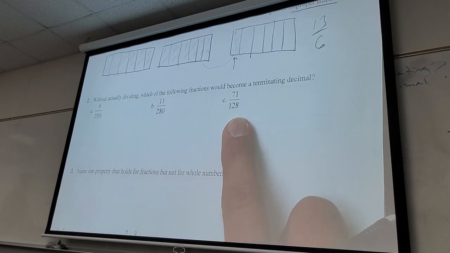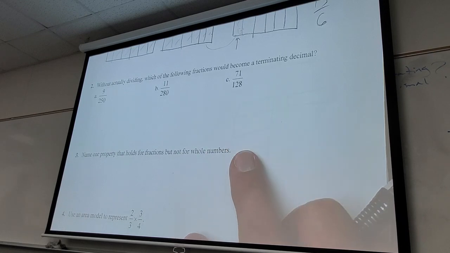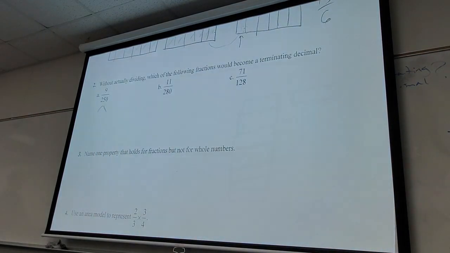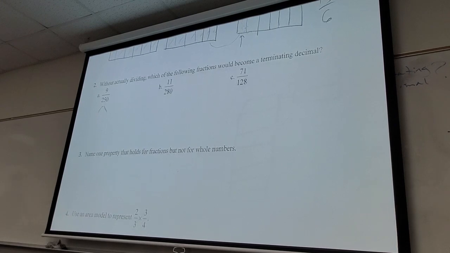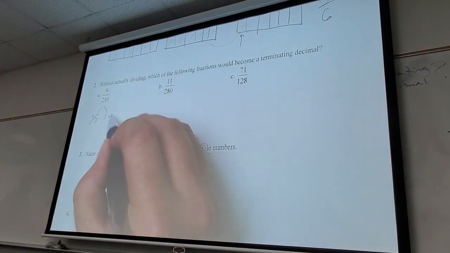These gave us some trouble. We weren't exactly sure what to do with these, and I think it's because I did the teacher thing of a very easy example, and then I gave you these. But the idea is just to break them down. If you find out they have a part in them that cannot become some kind of 10, then it's screwed, right? The only numbers that could become 10 when you multiply them together are 2 and 5, right? Single digit numbers, be careful because somebody can say, well, 10 and 1. Single digit numbers, 2 times 5. That's it. You guys agree with me? So if it's got a 3 in it, if it's got a 7 in it, if it's got whatever, it's screwed. So this first one, whatever way you think to break it up,